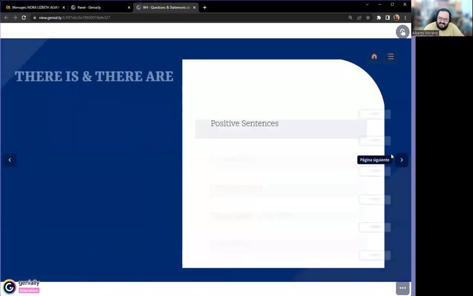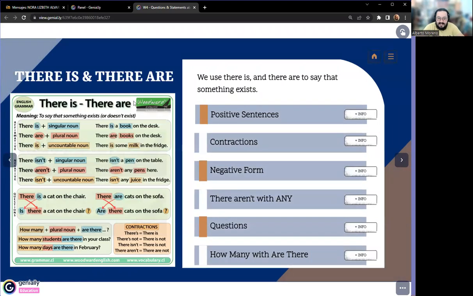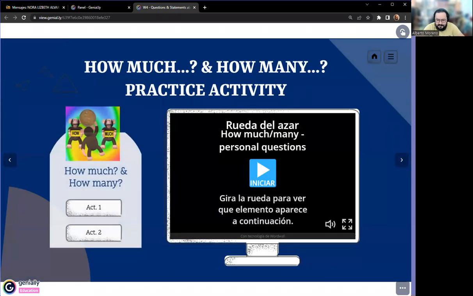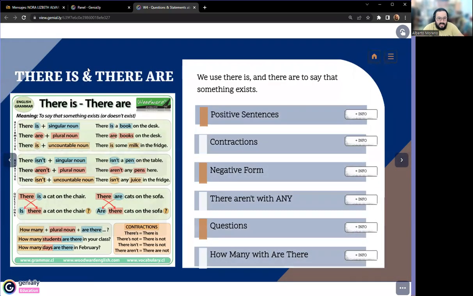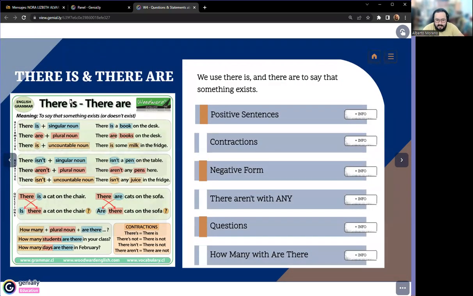Okay, so let's continue with there is and there are. If you recall, we already used there is and there are in the second activity. Some of the questions have are there or is there, so it's part of there is and there are. We use there is and there are to say that something exists. It is the equivalent in Spanish of the verb haber. In Spanish, we have only one verb, haber, and it is used with singular and plural, and also countable and uncountable. But in English, we have